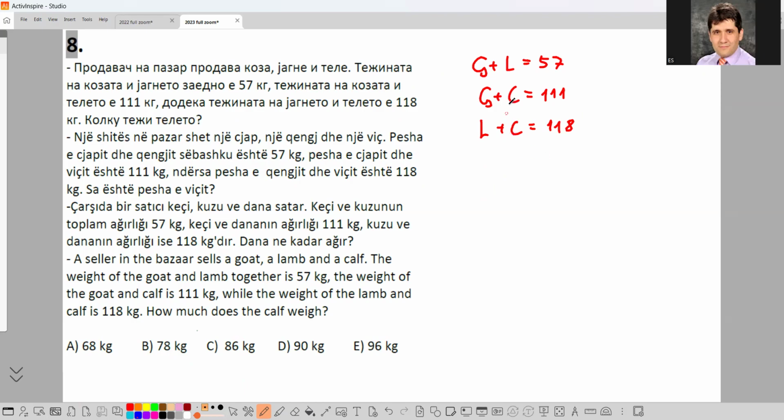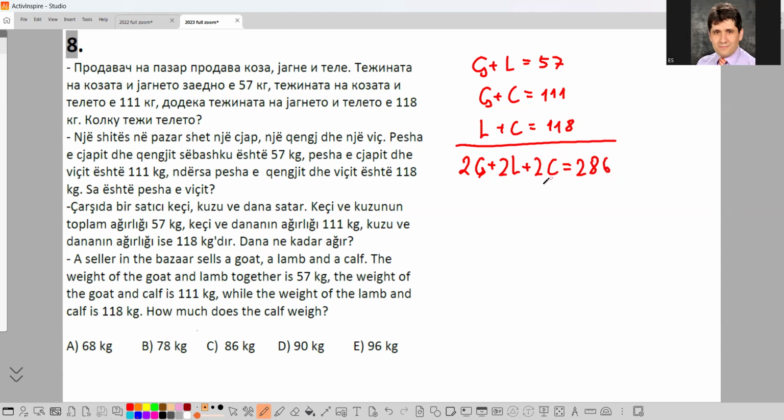Now, these kind of problems, of course, it's a system of linear equations. We can solve it again in different ways, but if we add up side by side, what do I get? G plus L plus L plus C plus C. I can write 2G plus 2L plus 2C on the left side. You can clearly see we have 2G's, 2L's, and 2C's. And on the right-hand side, I need to add up these numbers. So I get 100, 200, 70, 80,